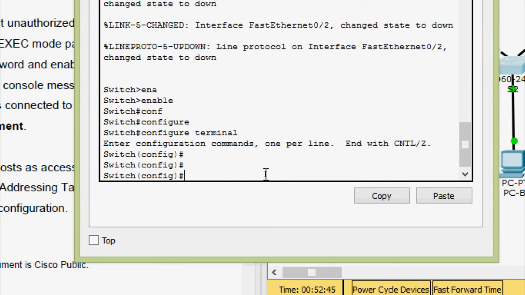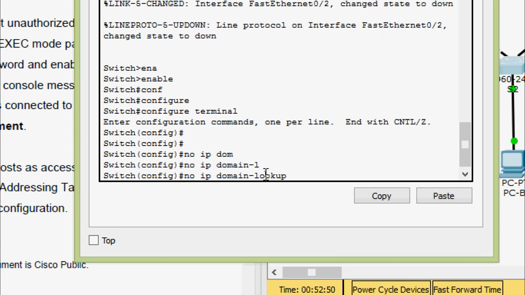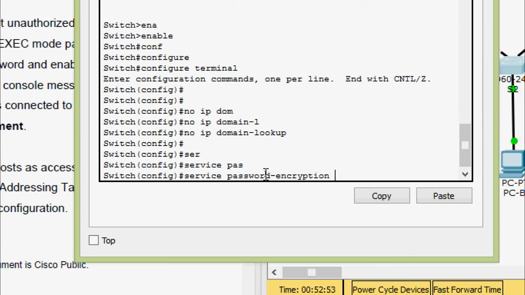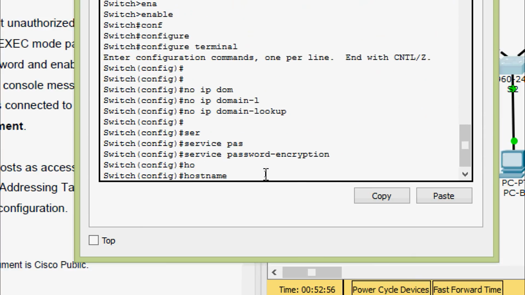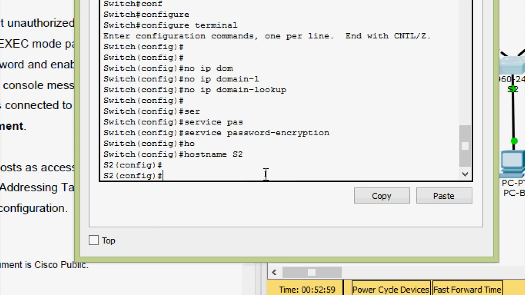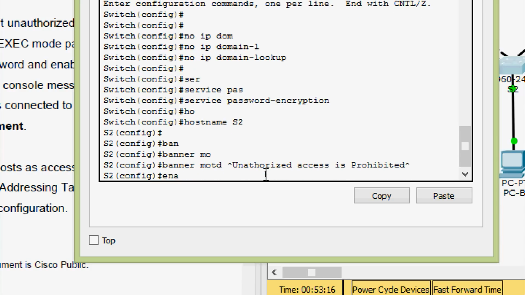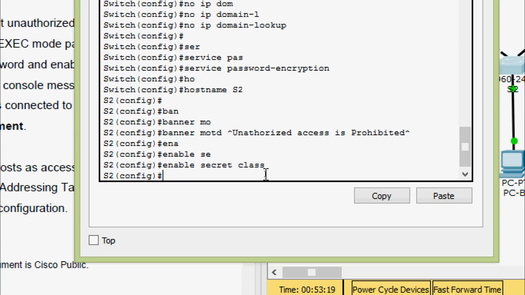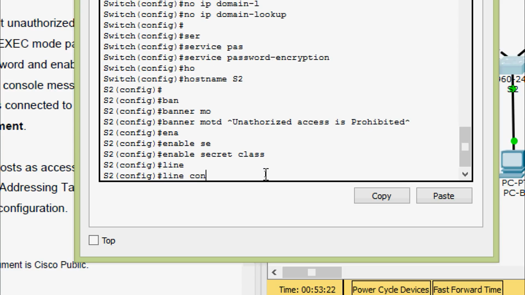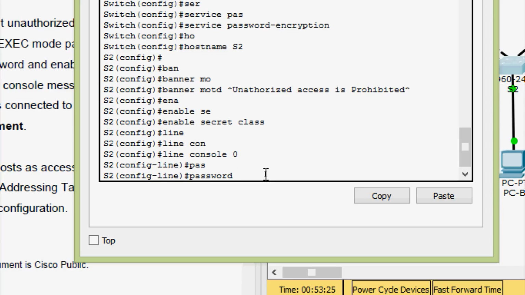Enable, configure terminal, no ip domain-lookup, service password-encryption, also the hostname S2, banner motd, unauthorized access is prohibited. Also we will enable secret as class, and line console password as cisco,